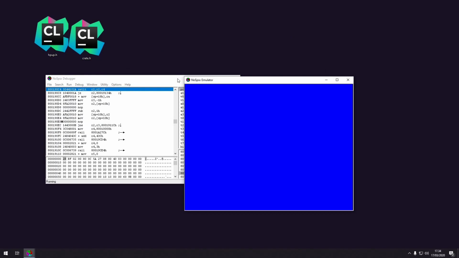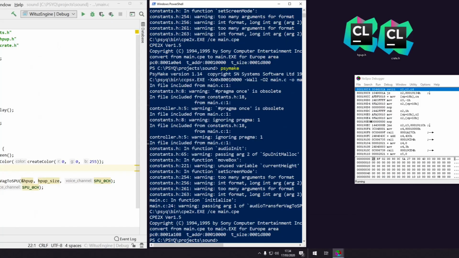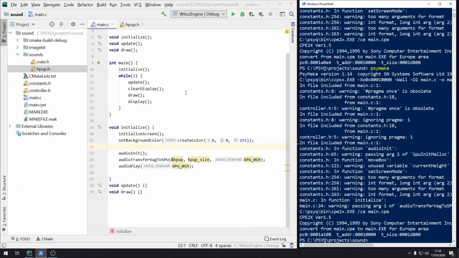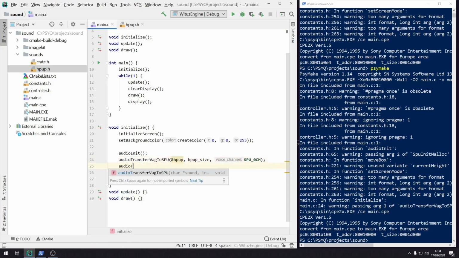Now let's try to experiment a bit more here, because we actually have multiple channels to work with. So let's try to play two sounds at the same time. We already transferred one sound into channel 0, but let's try to do another one as well.